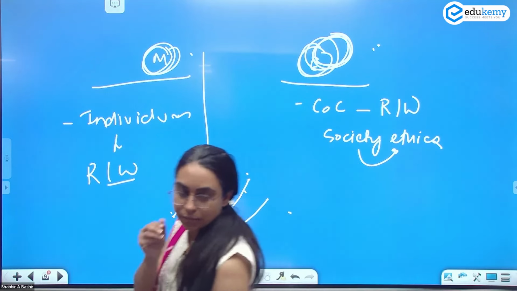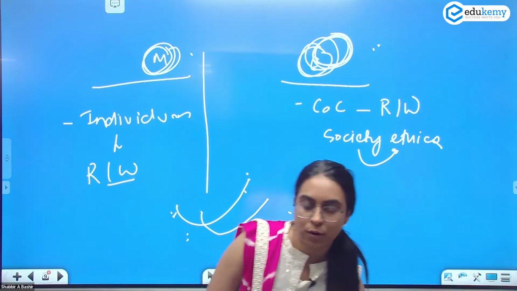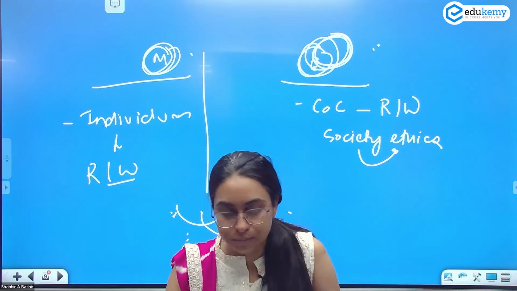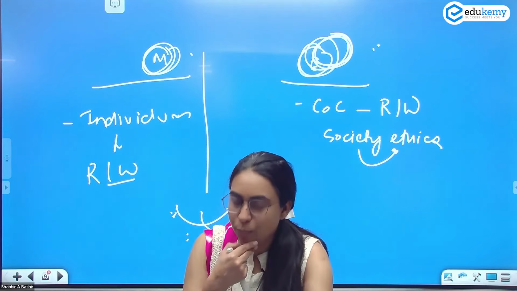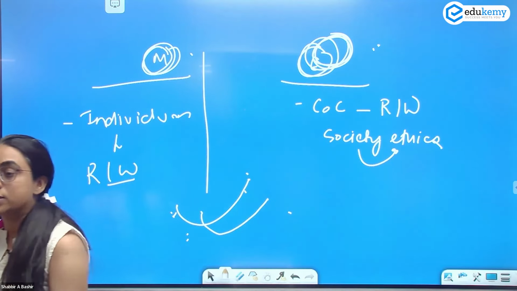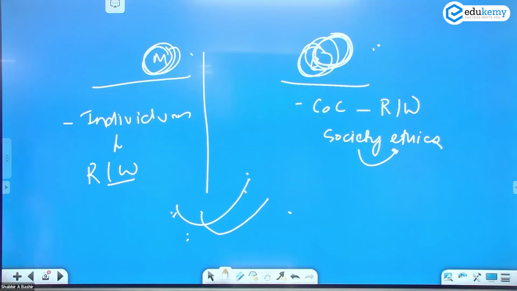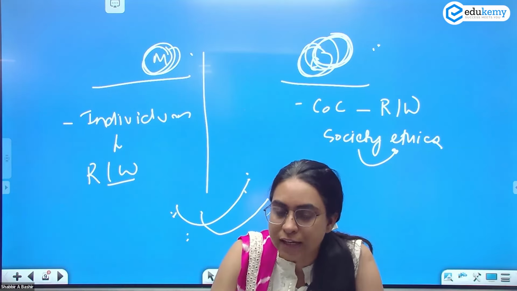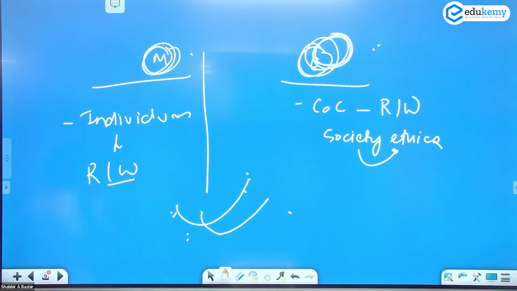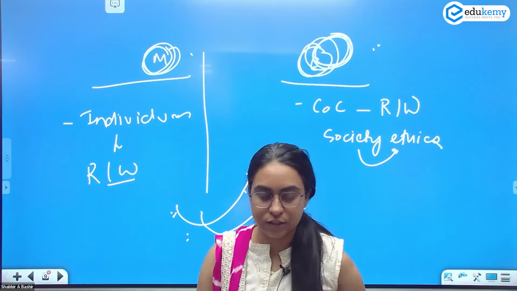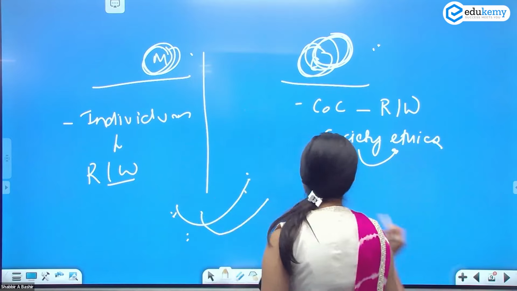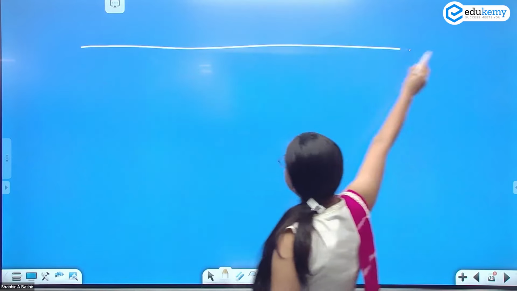ठीक है. तो लिखो morality के बारे में. Morality is derived from the Greek word mores, M-O-R-E-S, mores, which means habit, conduct, and character. Morality is defined as right or wrong conduct on the basis of one's own standard, unlike ethics, which are generally based on societal standards. Okay, लिख लो ethics versus morality. Examples of ethics versus morality. एक difference का बताएंगे. Let's make a chart. Let's make a table of difference.